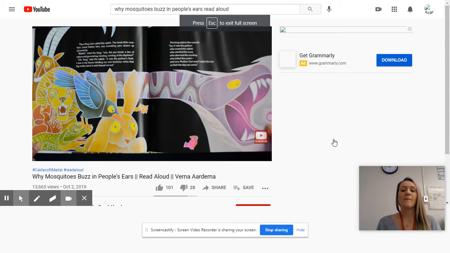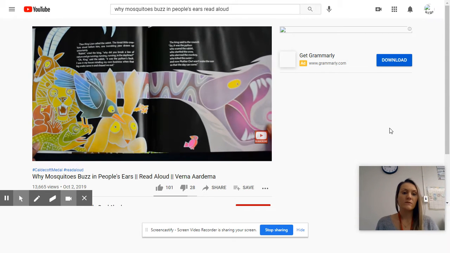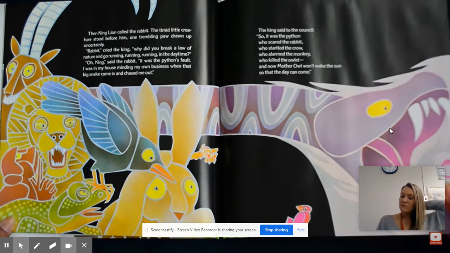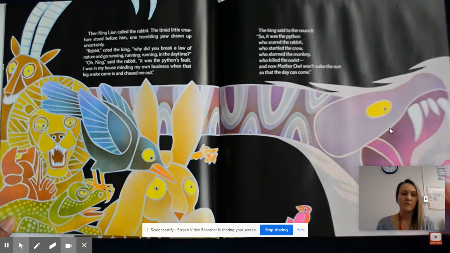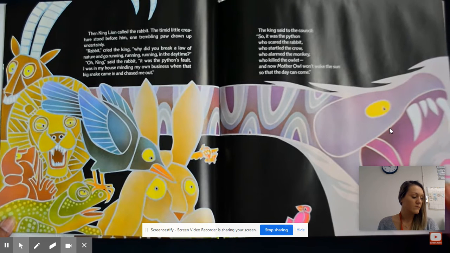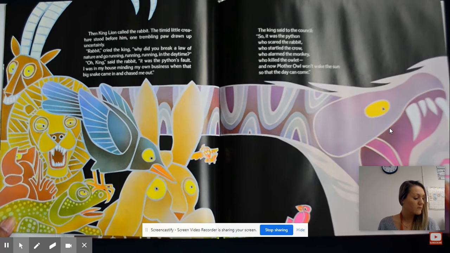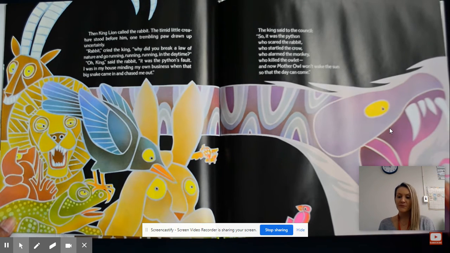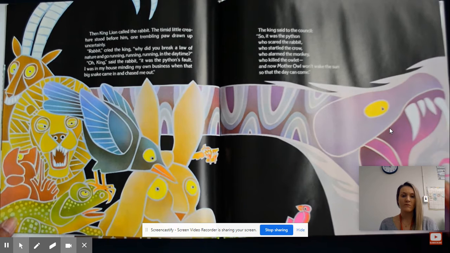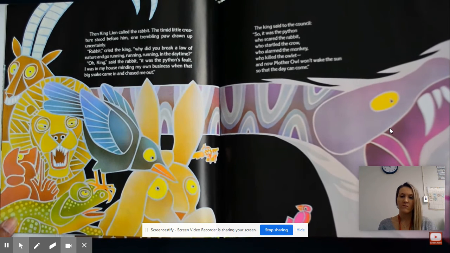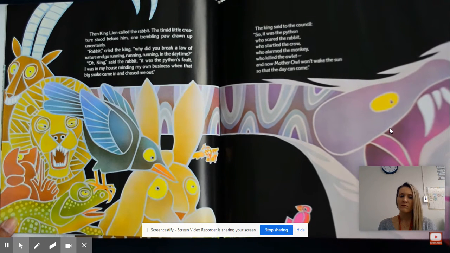The timid little creature stood before him, one trembling paw on him, "Rabbit," cried the king, "how did you break the law of nature and go running? At the time, little king said, it was the python's fault. I was in my house minding my own business when a big snake came in and chased me out. We came back to the castle. So he was the python, scared mad, and stepped over the and